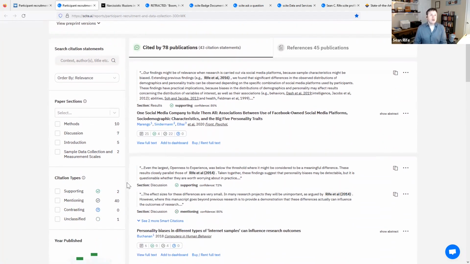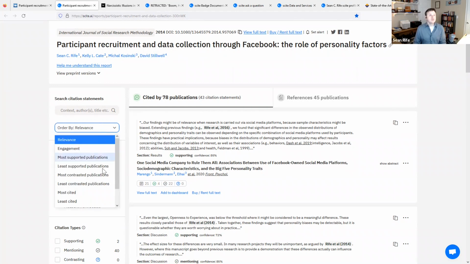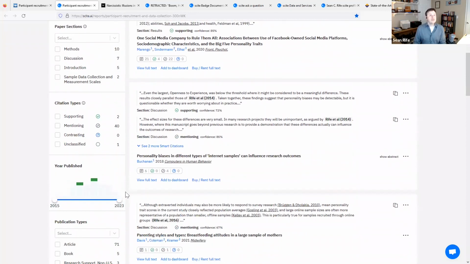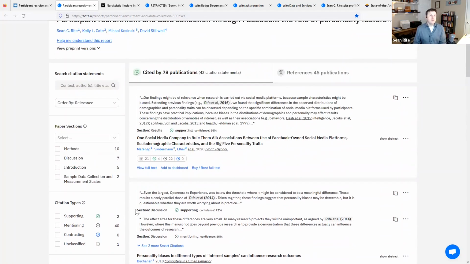We also have another key point. Again, if you look at this report page, you'll see a lot of things that are common to scholarly database tools. For example, being able to order by search relevance, newest versus oldest. You can filter results by date or by the type of publication, so articles or books or other types like preprints, white papers, that kind of thing. But one thing that we do in addition that I think is unique is we are able to filter and classify citations by citation type.